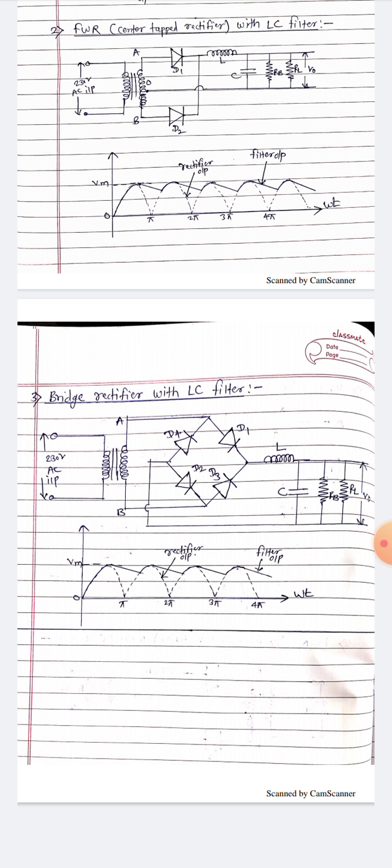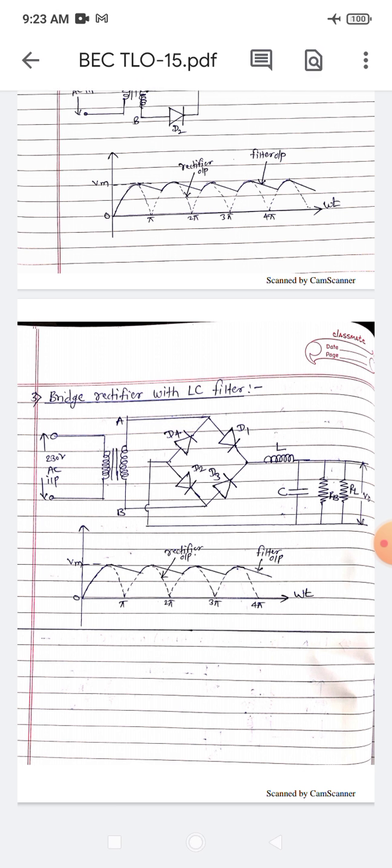So during the positive half cycle, diodes D1 and D2 become forward biased and behave like on switches. So the positive cycle will get rectified at the output side. At that time D3 and D4 are in reverse bias, so they will act as off switches. So the positive cycle will come near the inductor. It allows only DC components from that output, and the AC component gets bypassed to the ground with the help of the capacitor. So in this way the positive cycle rectification and filtration is done at the output side.